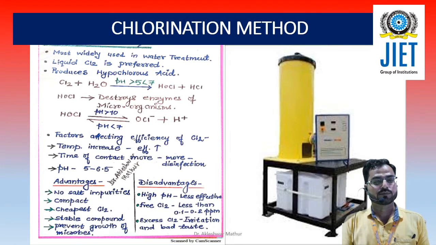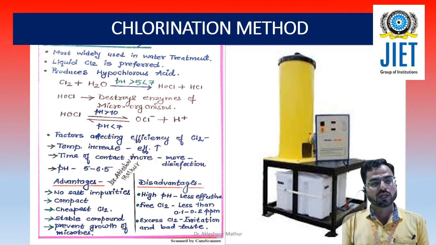Now, chlorination. As we discussed earlier, chlorine is the most widely applied disinfecting agent and it is a cheap chemical which is easily available for the process of disinfection. So the chlorination method is most widely used in water treatment. Generally, we can use liquid chlorine or a solution of chlorine of a certain ppm in water for disinfection, but for the action, we supply liquid chlorine for the disinfection process.